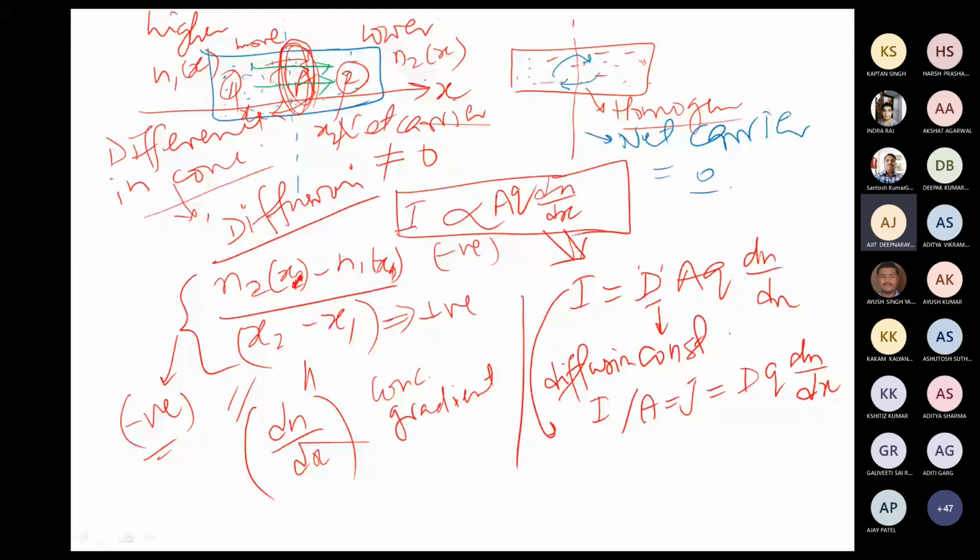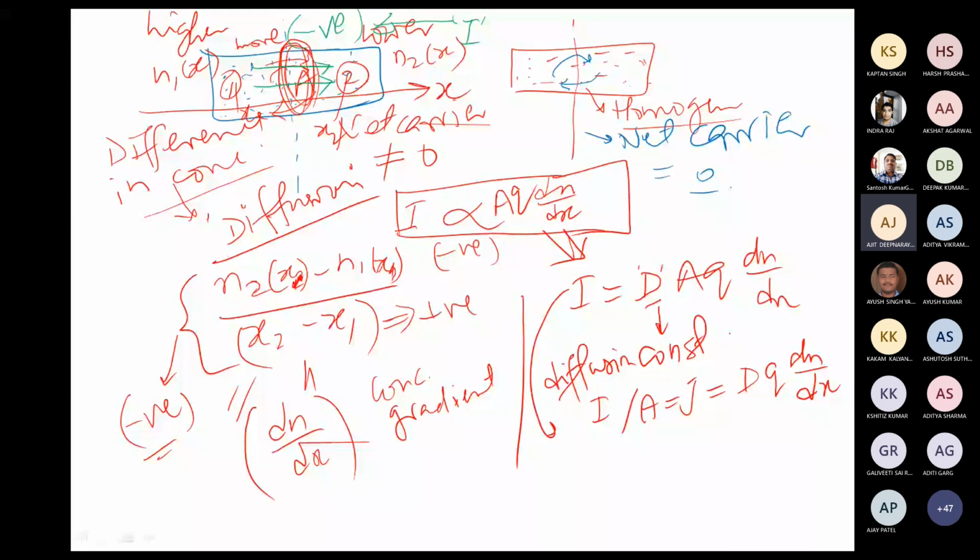The actual current direction is opposite to the direction of flow of the negative charges. So if we want to represent the current in the positive x direction, then